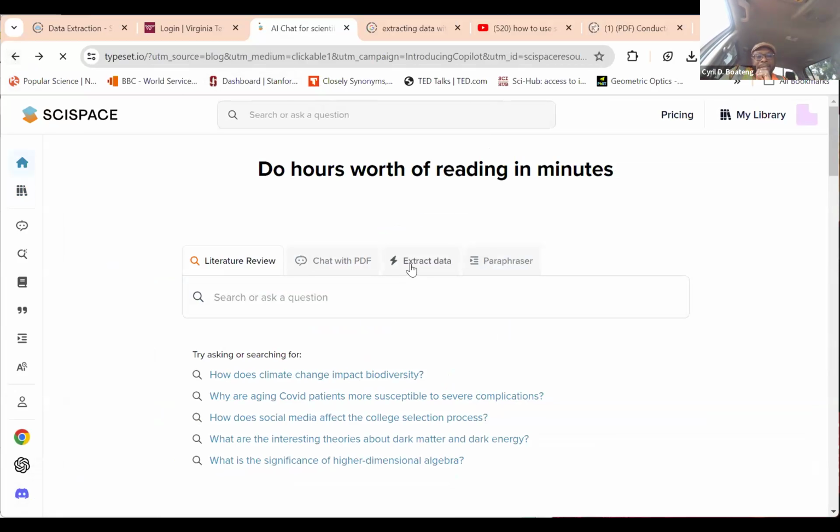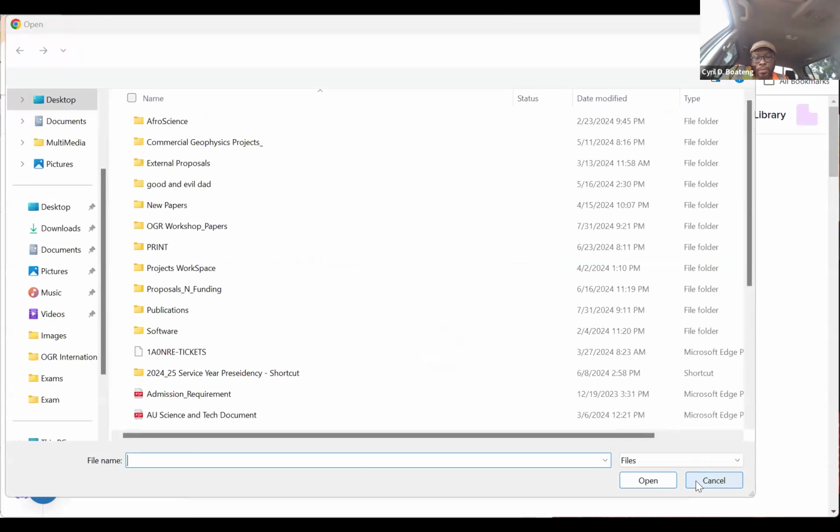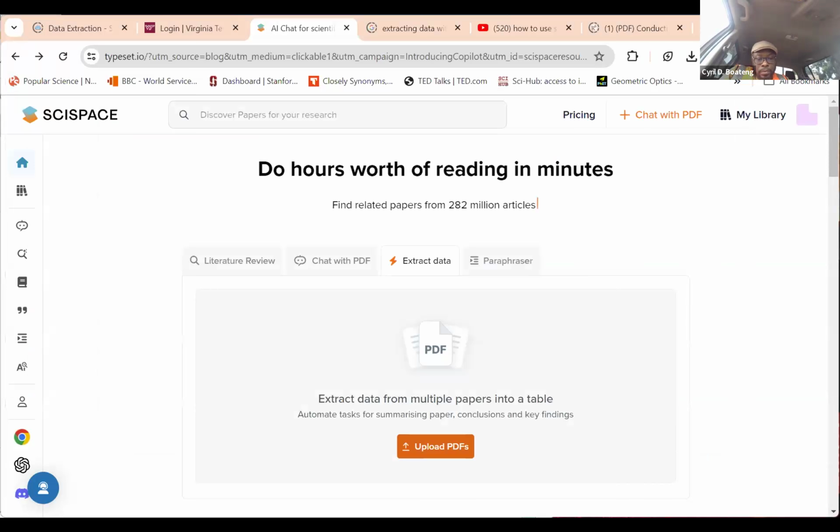And then the last part here is the extract data, right? So I'm going to do, let's see. One minute. So these are papers from, for instance, the Bosumtwi. So I load them in there.